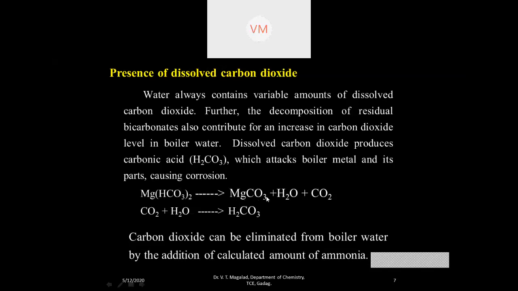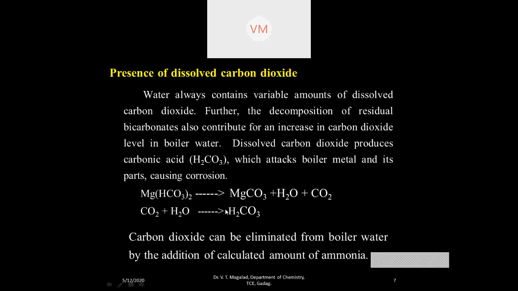Remember, this magnesium carbonate is insoluble in water. It is like a white particle. Okay, so if you just filter through filter paper, it will be just removed. So this is a carbon dioxide in the gaseous form. If you just imagine this carbon dioxide at high temperature interacts with boiler feed water to form carbonic acid. This is acidic in its nature. This is a carbonic acid. This carbonic acid is the reason for the boiler corrosion.